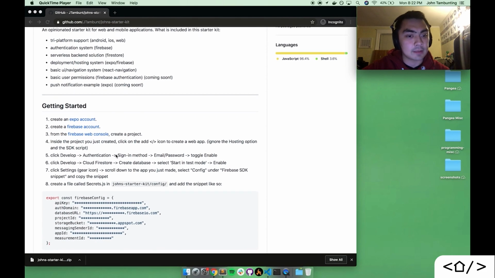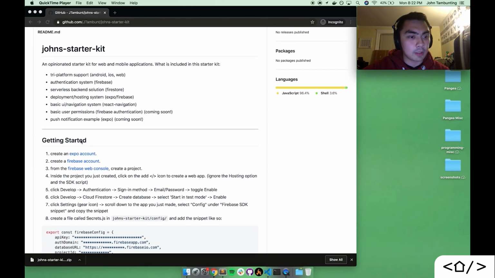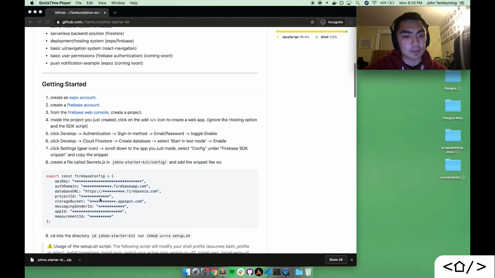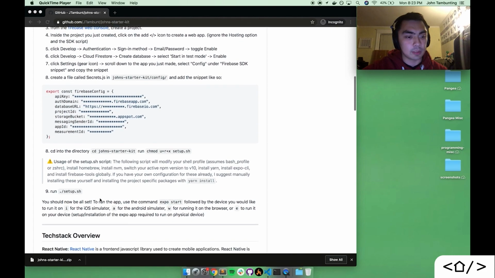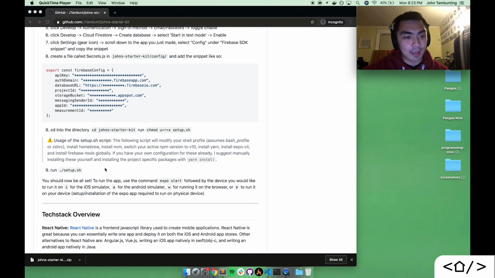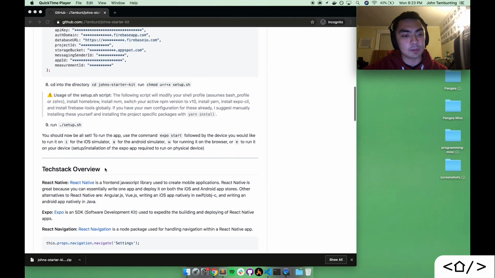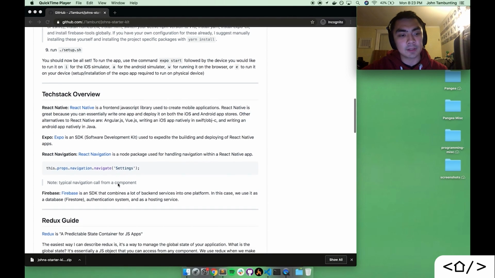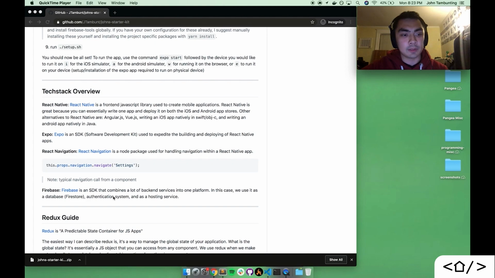in this React app. The order of operations is I'm going to first quickly go through the getting started as fast as possible so that anybody who is watching this could quickly get to the app running. And then after that, I'm going to give an overview of the tech stack a bit. I'm going to walk through a few of the files and walk through some of the processes of how